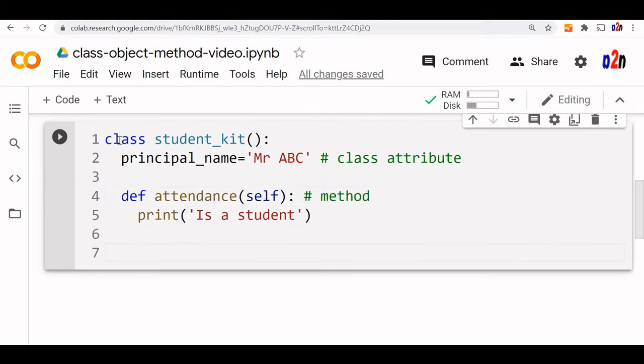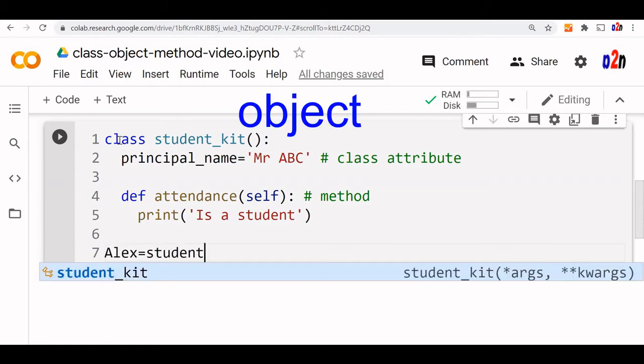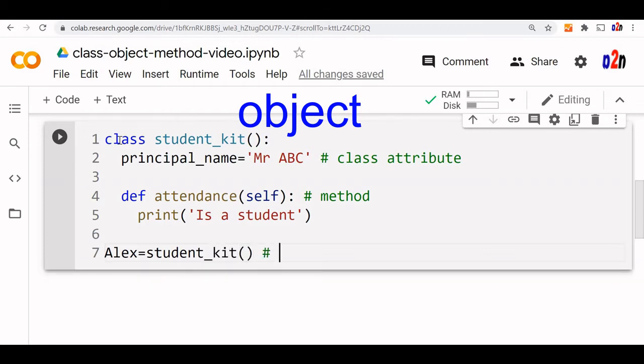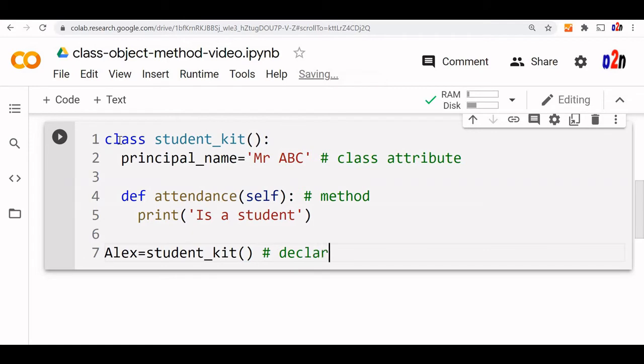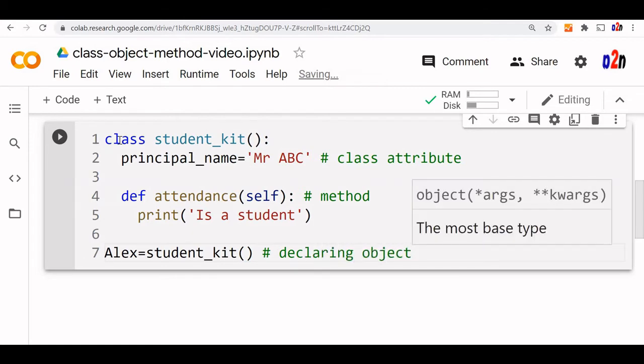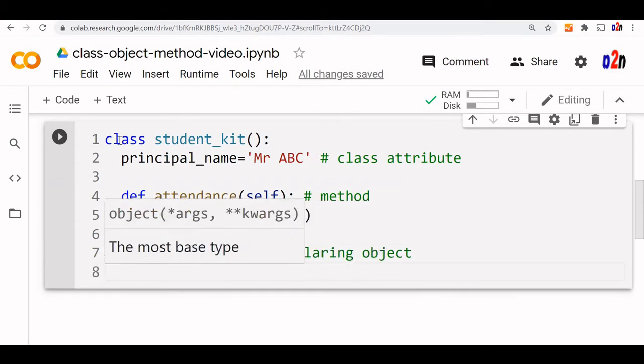Now let's come out and declare one object. How you will declare is: Alex is an object of, say, student kit. This is how we declare an object. Now Alex is an object of the student kit class. Because it's an object now, it can access all the attributes and methods declared inside the student class.